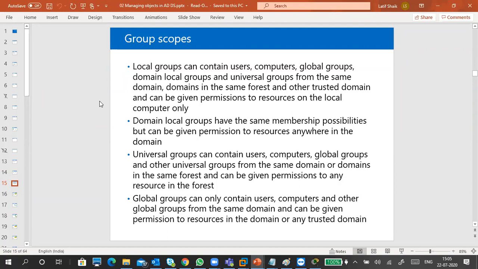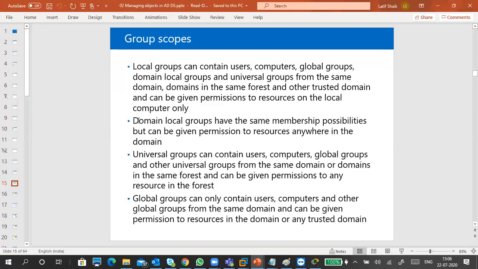But when you are creating a group, there are 3 types of groups. Okay, in a domain-wide scope, we have only 3 groups. System-wide, we have a single group, that is the local group. Either a server or Windows 10, you have local groups without any domain kind of stuff. But when it comes to domain-wide or Active Directory-wide, there are only 3 groups: domain local group, universal group, and global group.